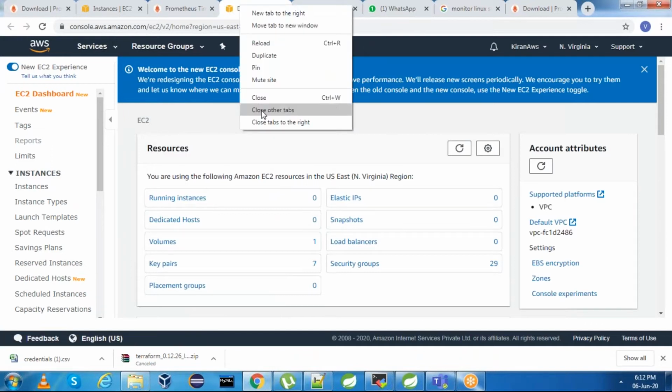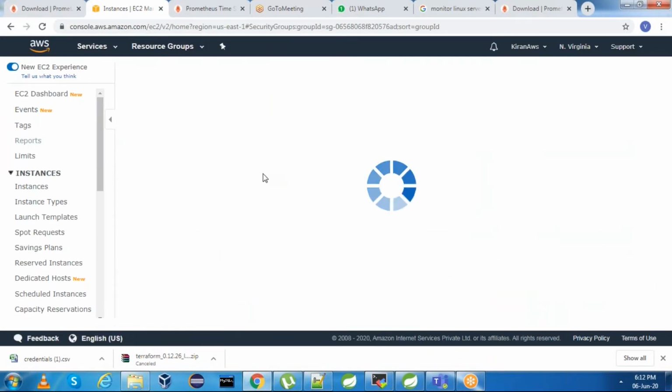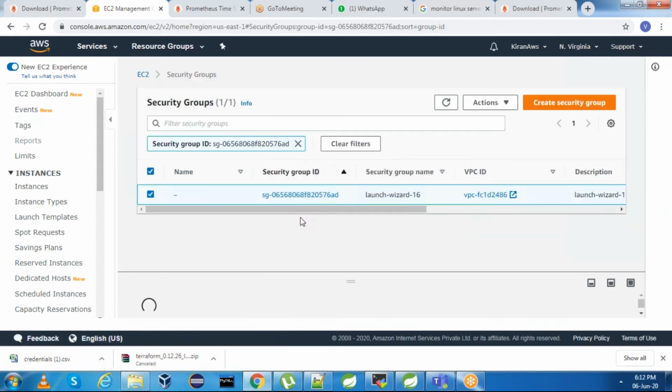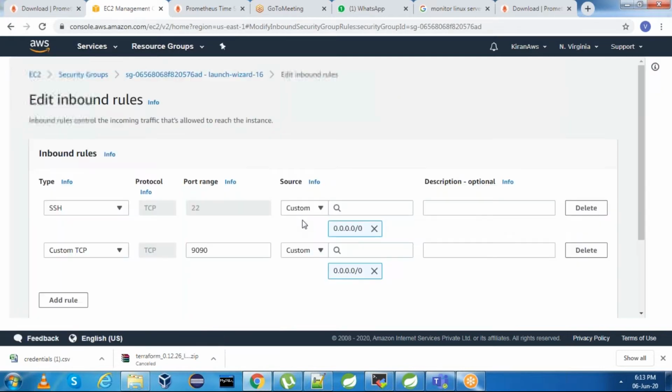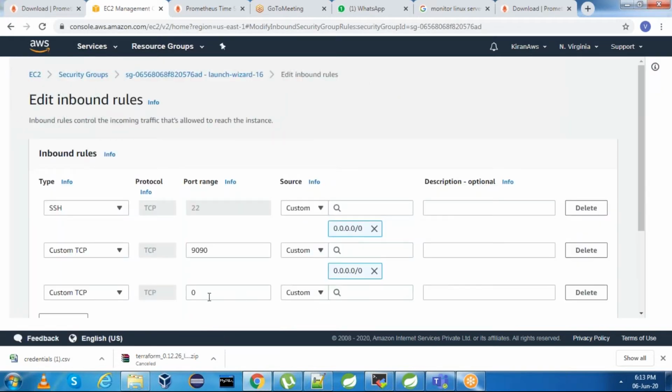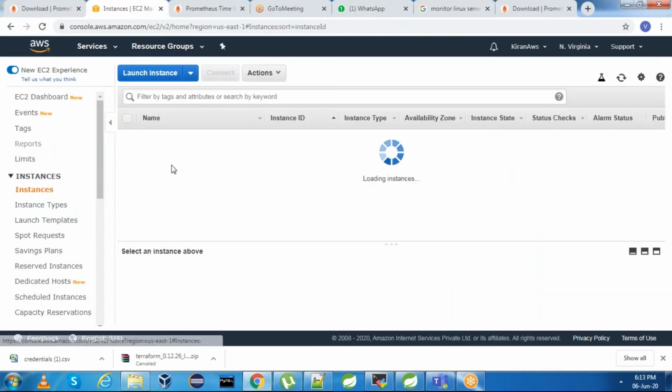Let me allow this in the security groups as well. Go to instances. This is the security group. Let us edit inbound rules, add rule, 9100. This is the server.